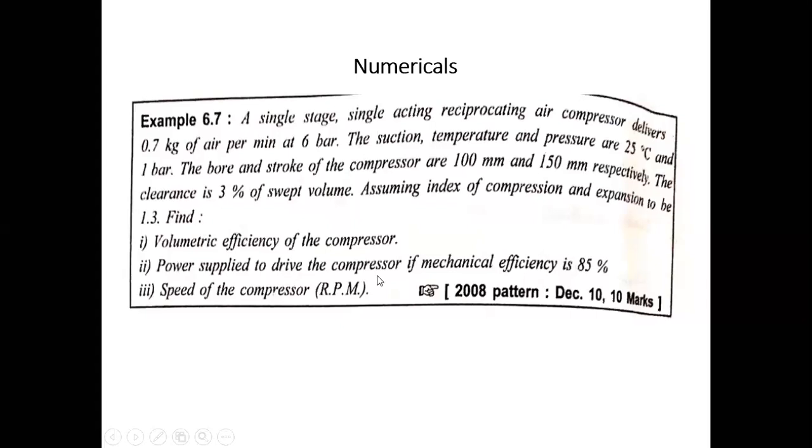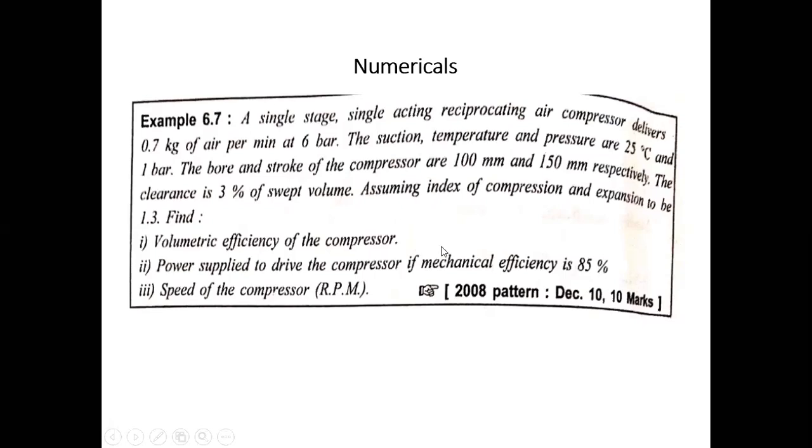Then power supply to drive the compressor. For that purpose, we need to know the mechanical efficiency of a compressor. If you know the mechanical efficiency of the compressor, you can easily find it out. If you have to calculate the mechanical efficiency for the reciprocating compressor, it is the reverse of the mechanical efficiency of